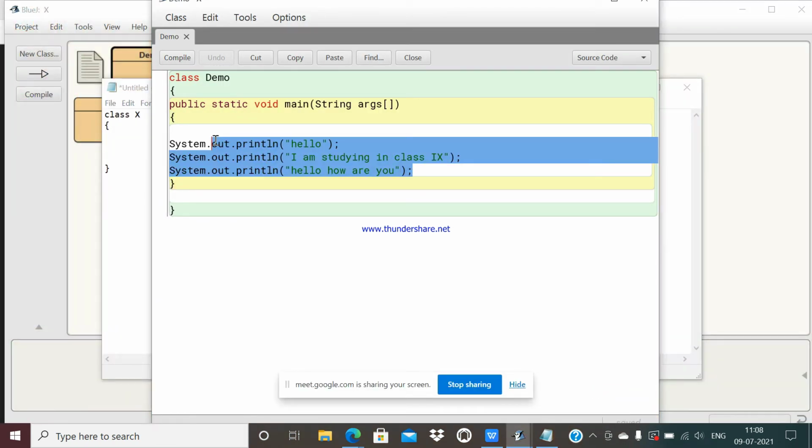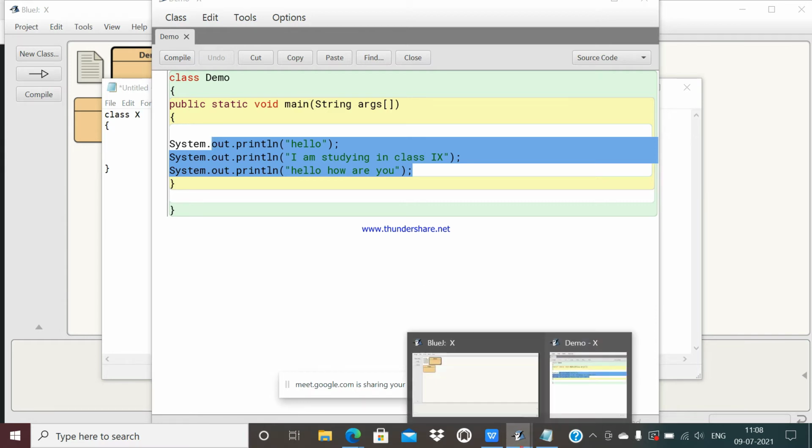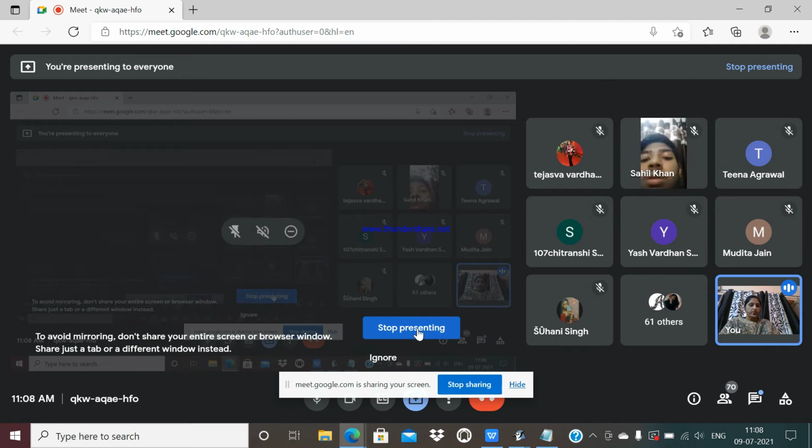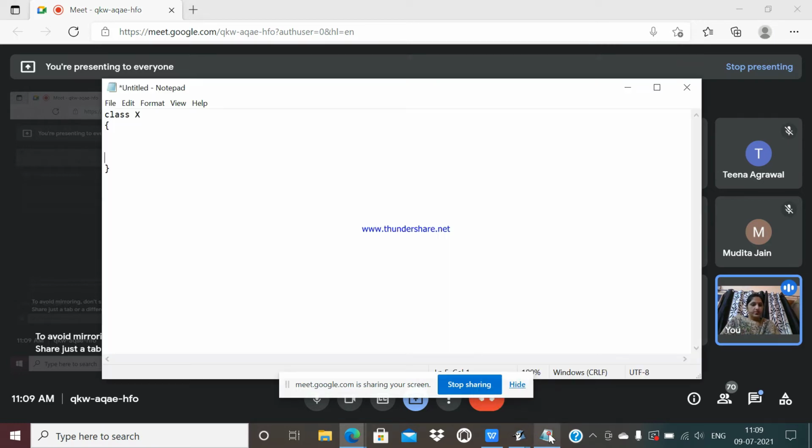Okay, देखो earlier what we did, we simply gave our task into our main function. अब मैं क्या करने वाली हूँ कि I am going to create my own function. Okay students, see earlier what we were doing, we had a class, and in the main function we were printing a statement. Main is a function, but now rather than main I am going to create another function of my own.